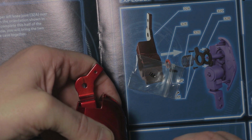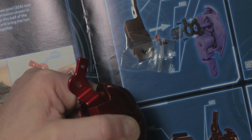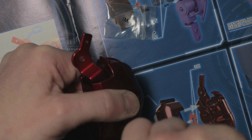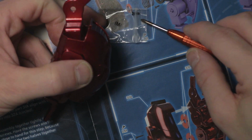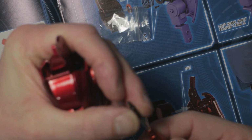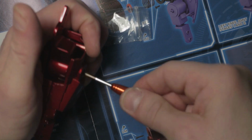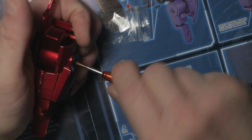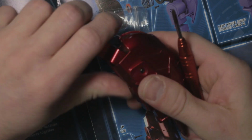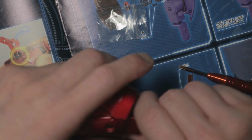And what we need to do is, whilst holding these together, which is a little bit tricky, I will say, apologies because I've gone off the screen there, we need to screw these together thusly. Oh, there we go. And do exactly the same with the upper joint. Fabulous, look at that. And the springs in there are very strong, so that should make the articulation of this